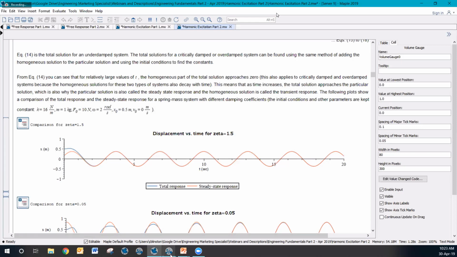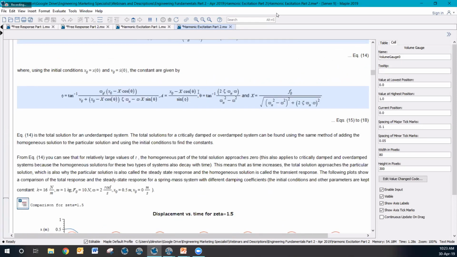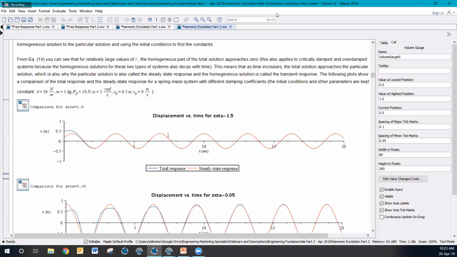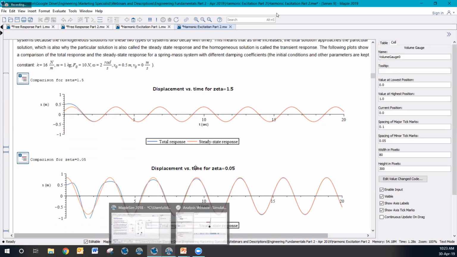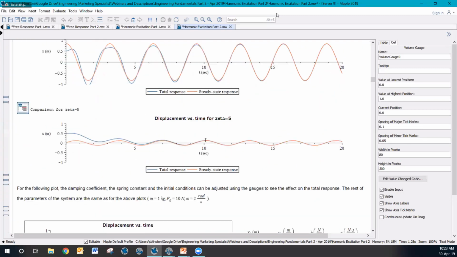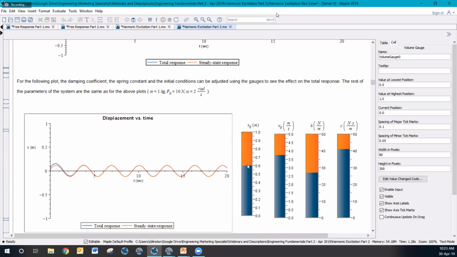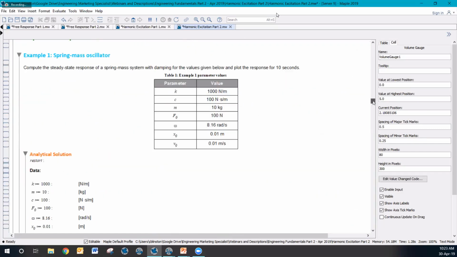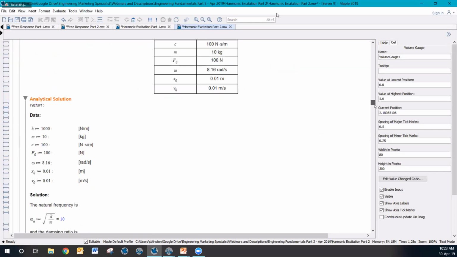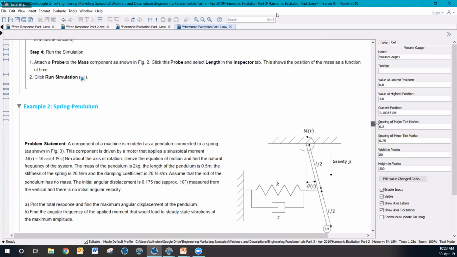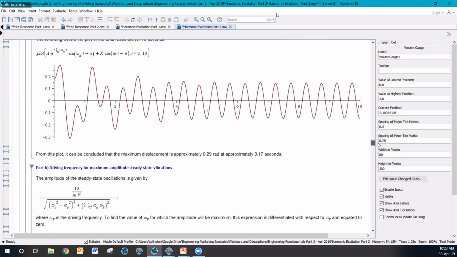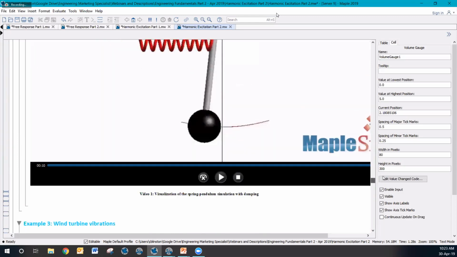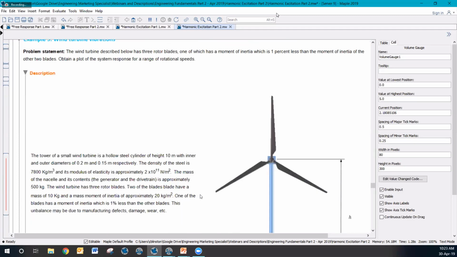As I mentioned previously, all of the math that we're seeing in here, our core engine is Maple. Right now we're just seeing the document side of it, but everything in MapleSim is run by Maple. Another interactive plot that we can play with. This one has several: a spring mass oscillator, spring pendulum, and with a motor, and a fun example for this one, another video,